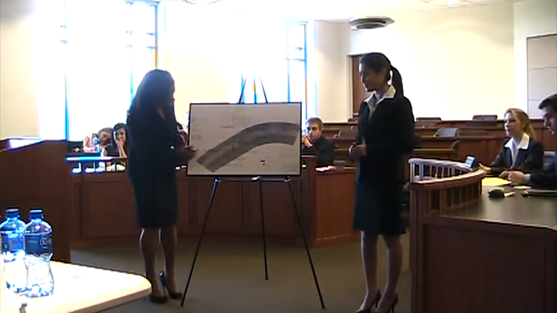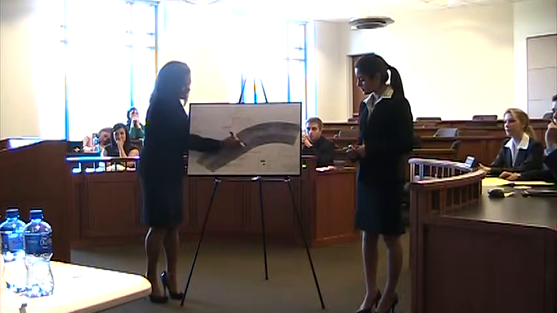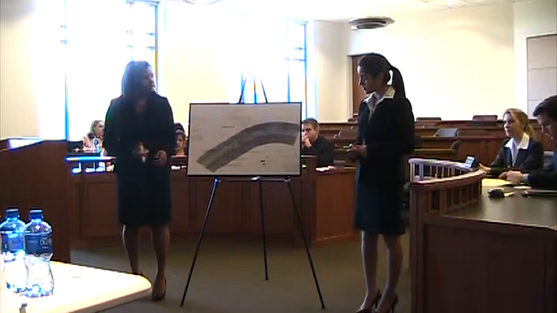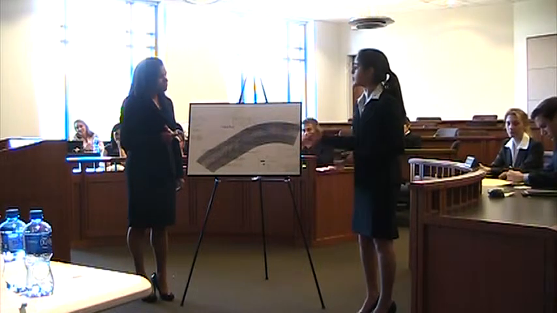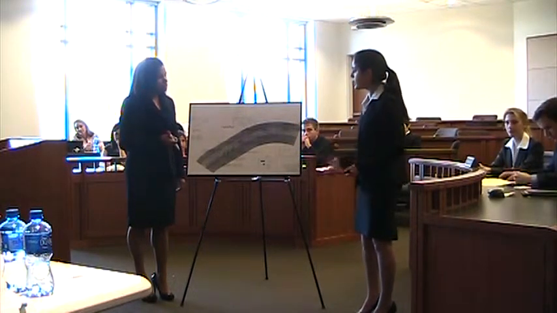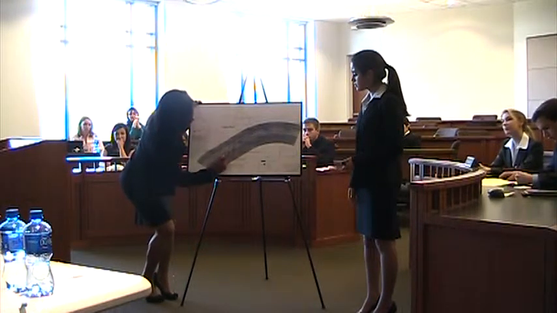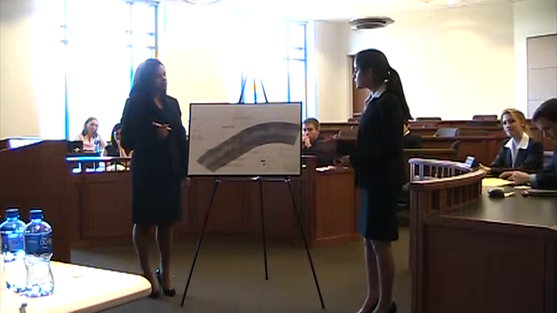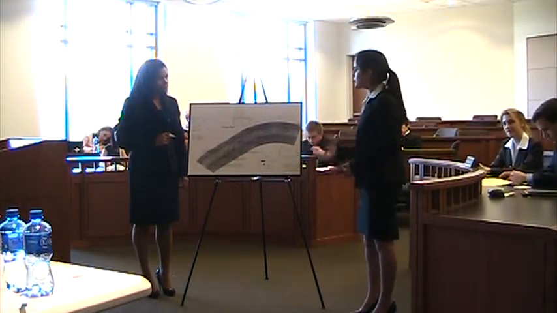The guardrail extended to about here, meaning that any trees past this point on any part of the curb are exposed to motorists. Now, you said that was the condition of the guardrail at the time of the accident. Yes. Is it different now? Actually, it is. The guardrail at this point in time extends all the way to about here. Now, you also mentioned something about the road itself as a condition. What do you mean by that?